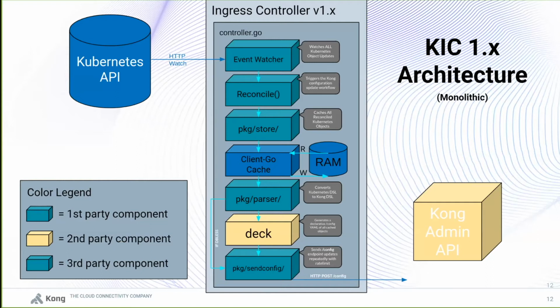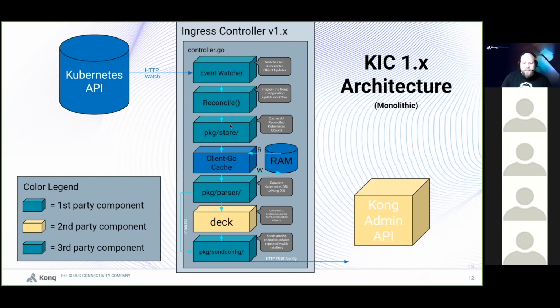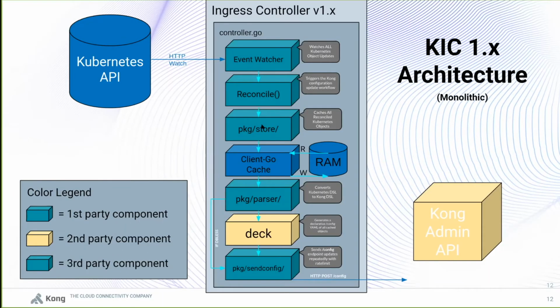This is pretty high level, but it gives you an idea of the workflow, which is the purpose of this diagram, rather than all of the independent details of how things work today in the KIC. So you have the Kubernetes API, you have watches for resources like Ingress, Kong Ingress, native Ingress, and so forth. The event watcher picks those up, and then they get reconciled. These two blocks on the top are pretty much all given to us for free at this point by the KubeBuilder SDK. During that process, we store a cache of these objects into a client-go based cache